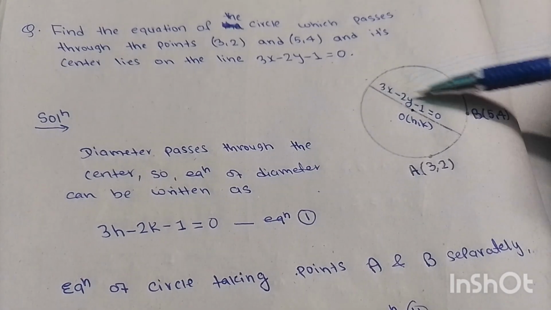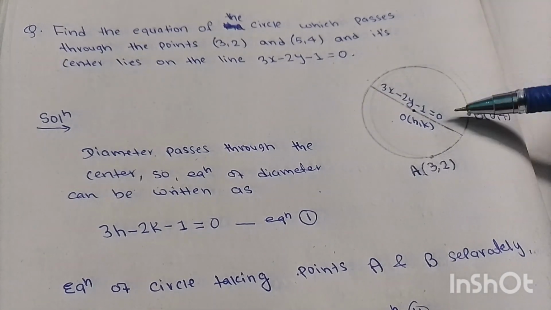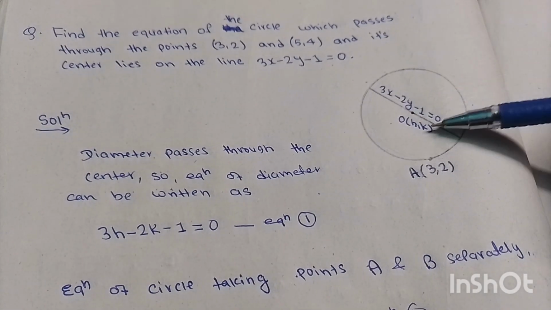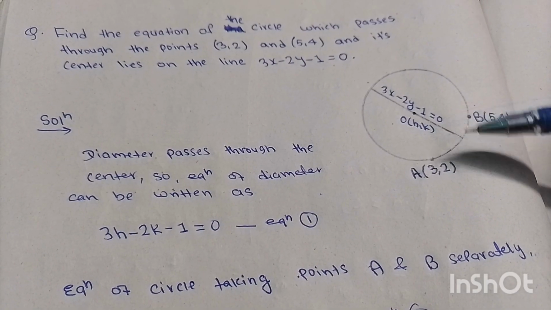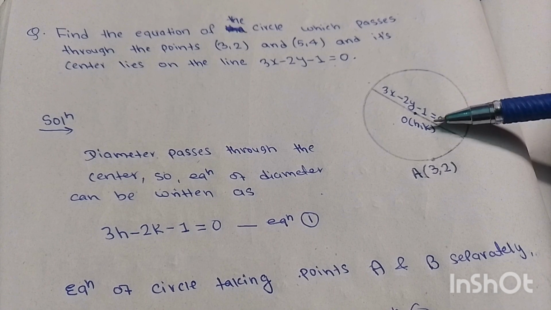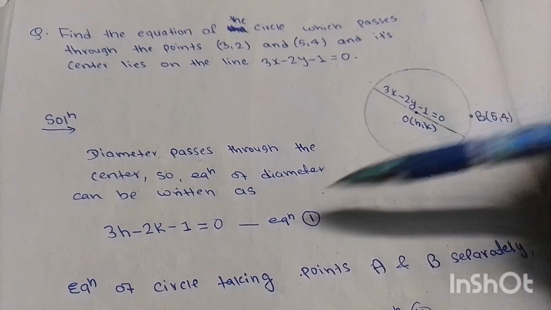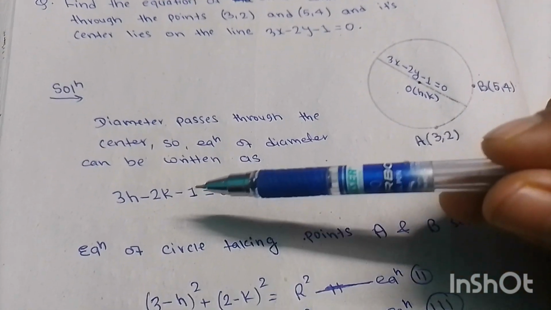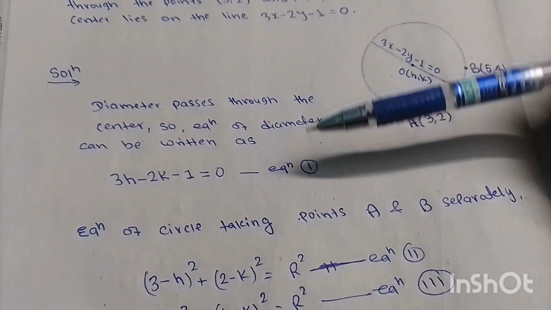So the new equation can be written as 3h minus 2k minus 1 equals to 0,